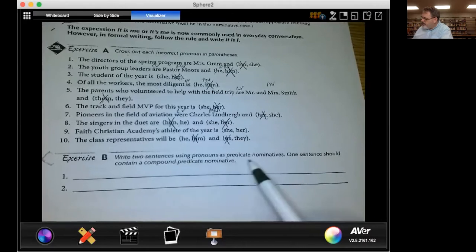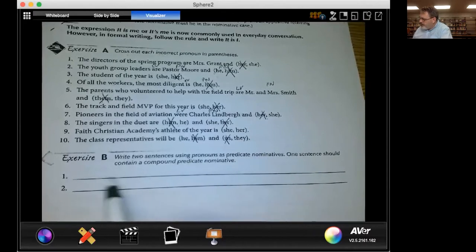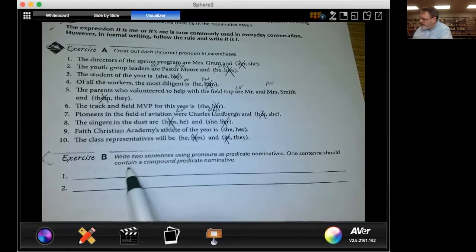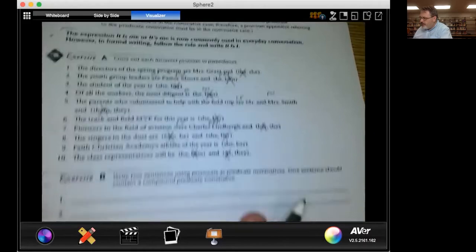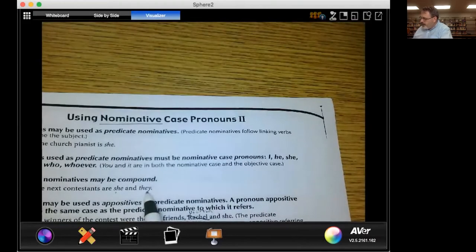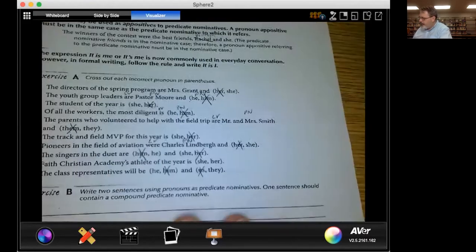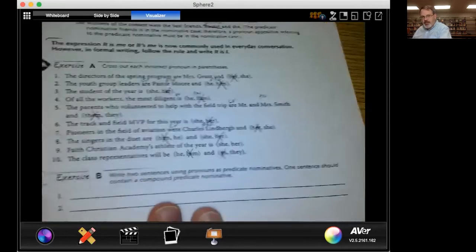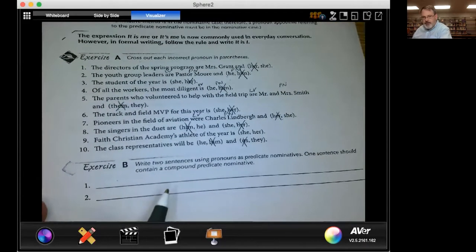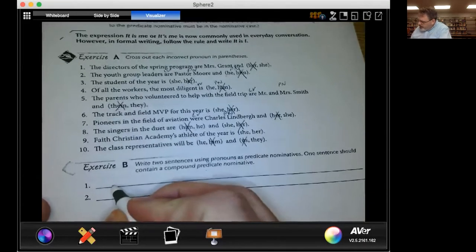The two sentences using pronouns as predicate nominatives that we have to write here: one sentence should contain a compound predicate nominative, and the other shouldn't. Remember, a compound predicate nominative means that there are two predicate nominatives after the linking verb. Let's do the first one that's just got a simple predicate nominative. Okay, so that one, let's use the verb is. So let's say Jonathan